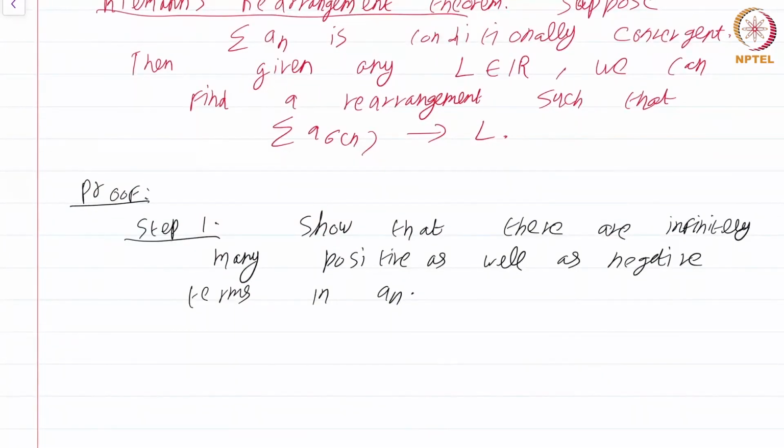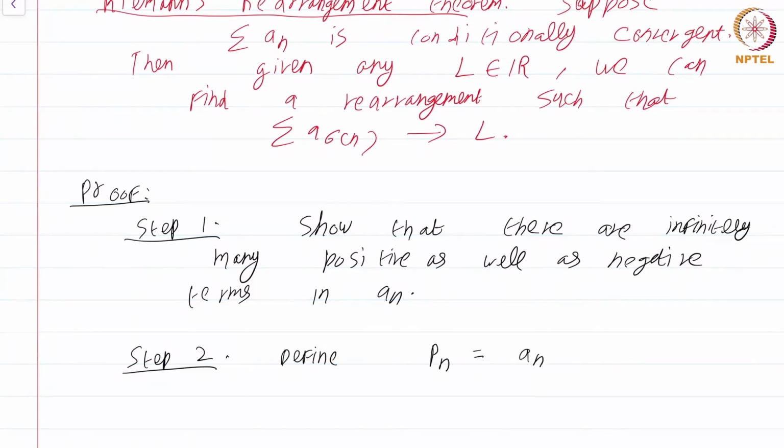We will actually, step 2 will be something even stronger, and that is what will be required. But I think it's a good idea to start with a warm up to get a sense of what is going on. Okay. Note, for step 1, you have to use the fact that the series does not converge absolutely. That means you will be showing that if there are only finitely many positive terms, then the series actually converges absolutely. Step 2, define